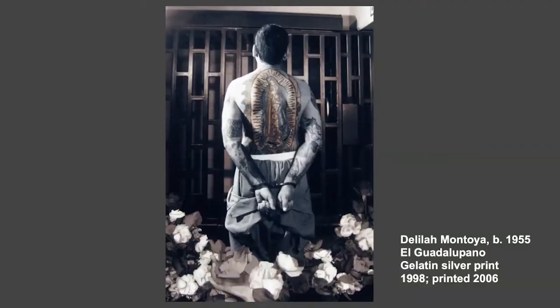And we thought deeply about the icons in our collection and even in the show, and none rose to the fore more than mothers and children. None rose to the fore more than the Virgin Mary. And of course, this incredibly powerful image by Delilah Montoya, El Guadalupano, of the Virgen de Guadalupe tattooed on the back of a prisoner. Our wonderful colleague in the art department at Williams, the amazing Ondine Chavoya, has written about this work and says